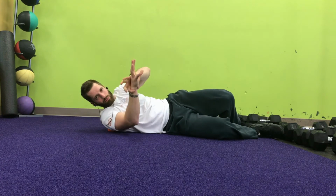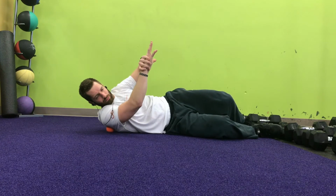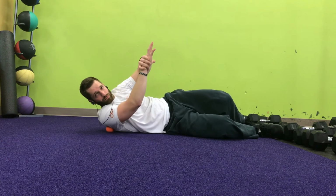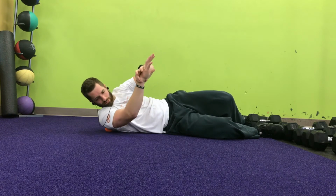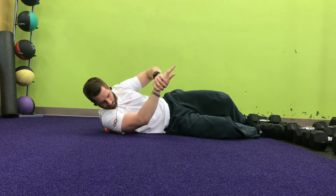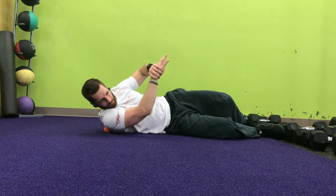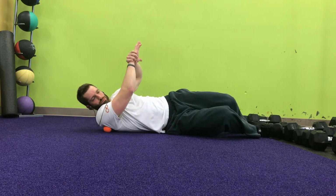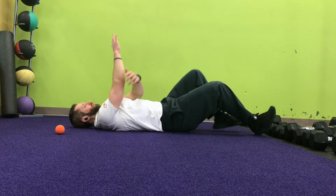So I'm kind of combining an active stretch with the lacrosse ball for a self-release, self-mobilization, however you would want to look at it. So this total process with the ball, I may spend maybe 2 minutes max, just hitting all that area, the different tissues. This principle applies to any location, so don't really spend more than about 2 minutes on anything with the lacrosse